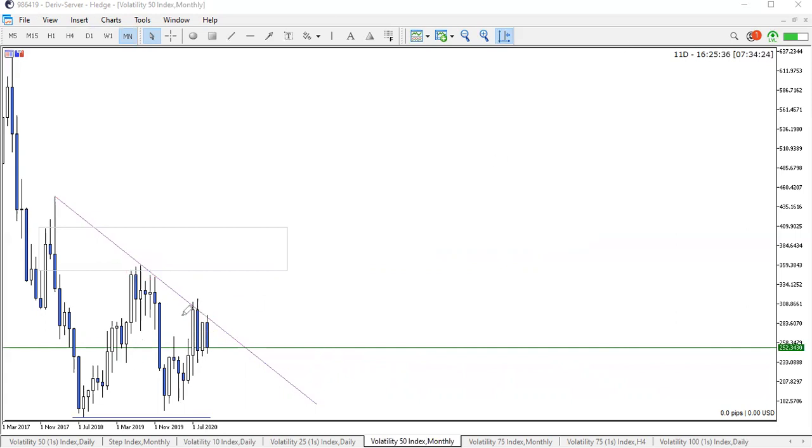So when you see on here at the moment, you can see that price is still making lower highs. So I will be expecting to see it push down and go down to create a new lower low, right? So that is something that you need to be open-minded about.